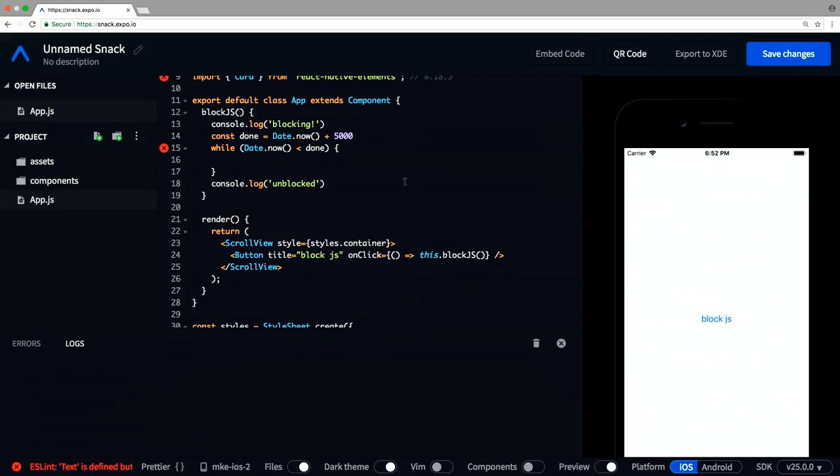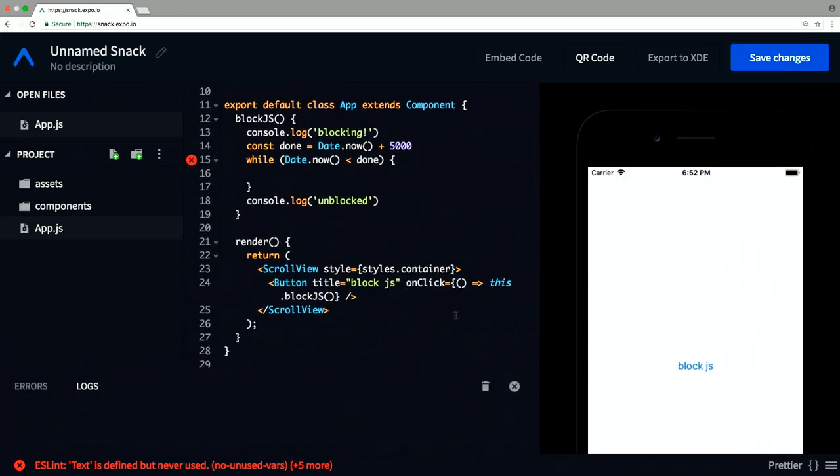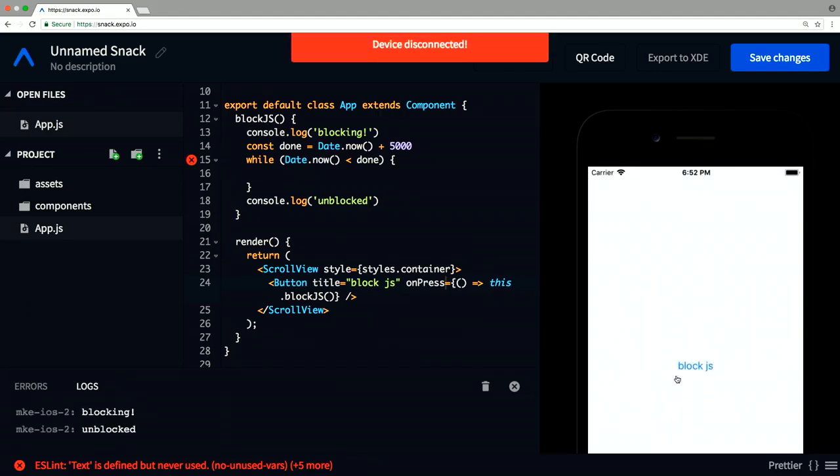All right, here's a chance. Who can spot the bug? Oh, on press. So on press, it will actually block the JavaScript. And you see how it still is scrolling, but that button's locked up. And then only after 5 seconds have passed do the logs come through, and then the button returns to its